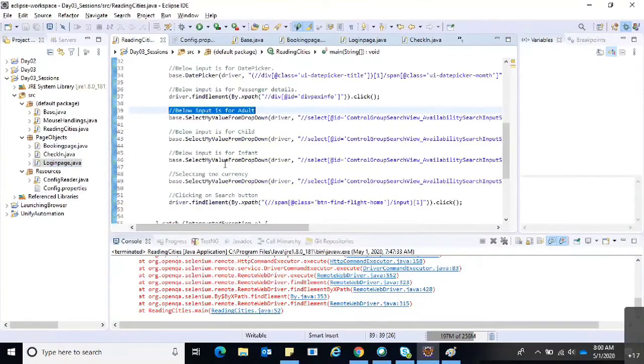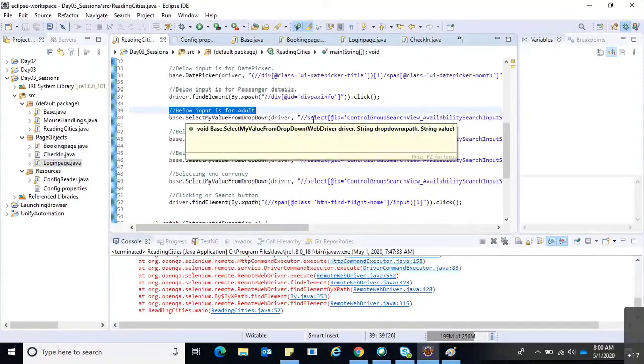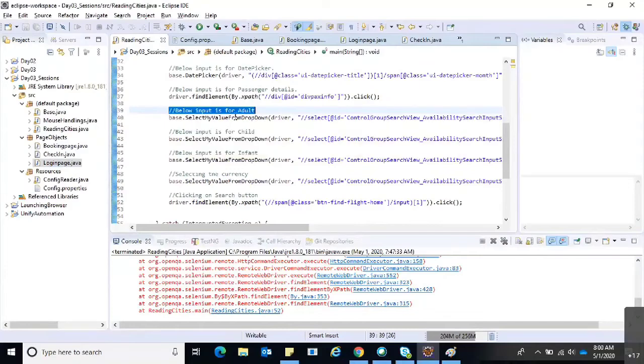Suppose I am not the person who developed this particular project, and the person who developed it is not in the organization currently. When another fresher wants to update the web element details, it is very difficult for the fresher, or a person with less experience, to identify the specific methods and change the details.